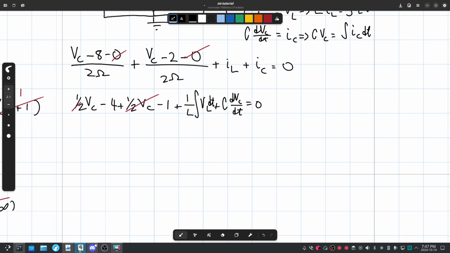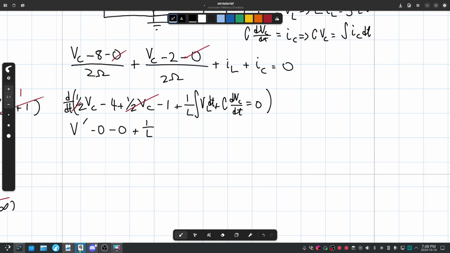And because we have an integral in here, we want to differentiate this entire equation because we don't like integrals and derivatives in the same equation. So we take d over dt of this entire formula. What do we get? We get vc prime, we get v prime. Our constants go to 0, so that's going to be minus 0,